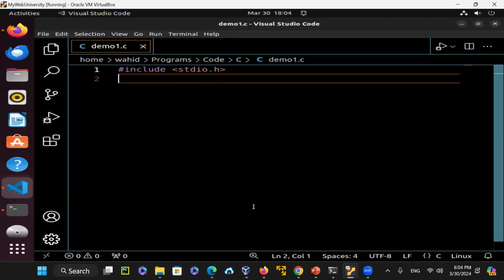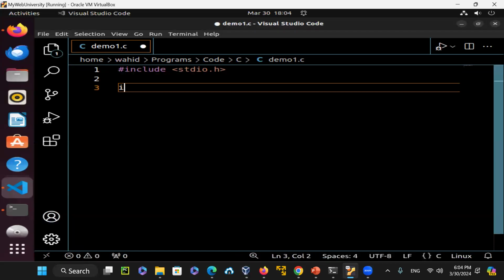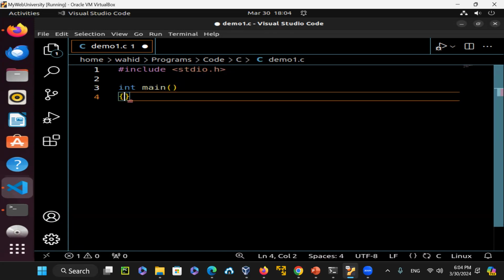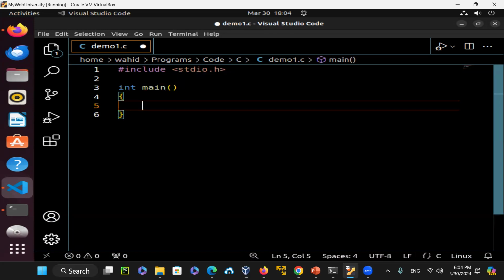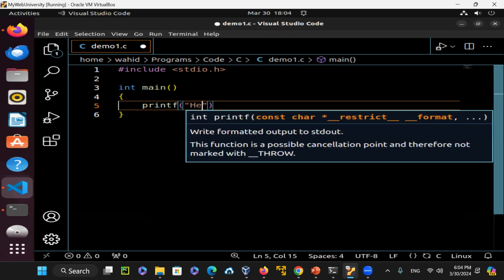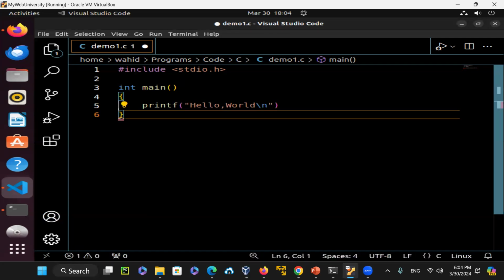So let's go here and write the next line, which is a function with return type int, the main function. I'm going to start the brace here. And between the braces, I'm going to say printf and say hello world, and then a newline character, followed by a semicolon here. In C and C++, you have to terminate every line with a semicolon. In Python, you don't have to. Similar to JavaScript: in JavaScript, you don't have to, but you could also write it. It doesn't complain. Then return,